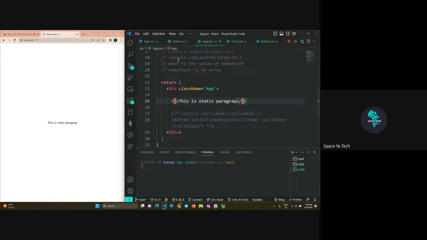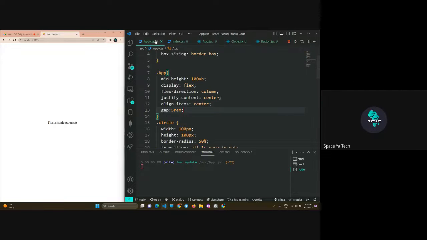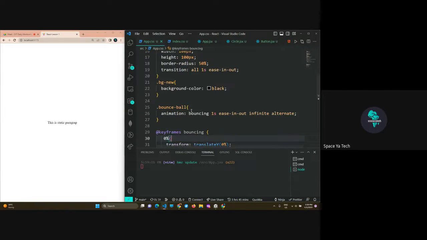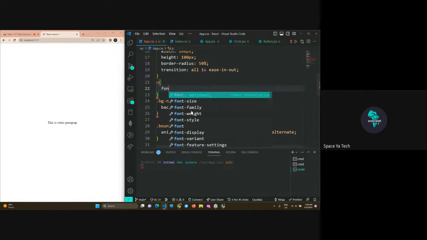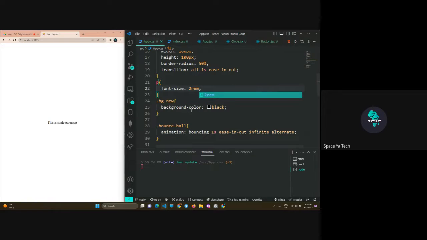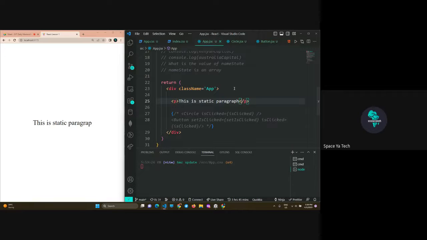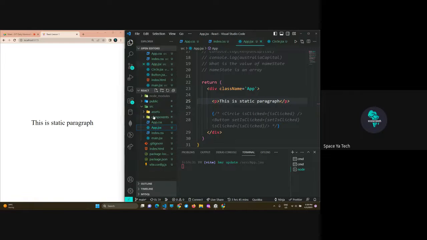Something very simple like that, and then let me change the size of that paragraph. Okay, misspelled something there. So we just have a div with a class name of app and a paragraph. Now, if you wanted to turn this paragraph into a component, I'll simply go into my components,